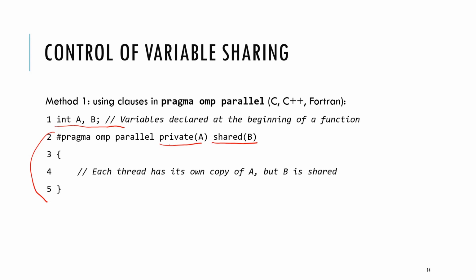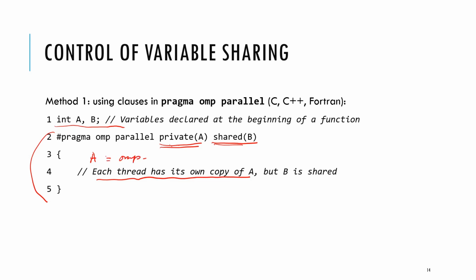You can define which variables you would like to maintain privately accessible, and hence privately, separately changeable by each thread, and which variables you would like to have them shared. So if you define A as private, then each thread would have its own copy of A, okay? And for example, if you put in A,